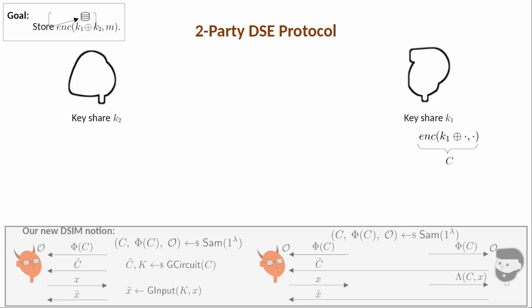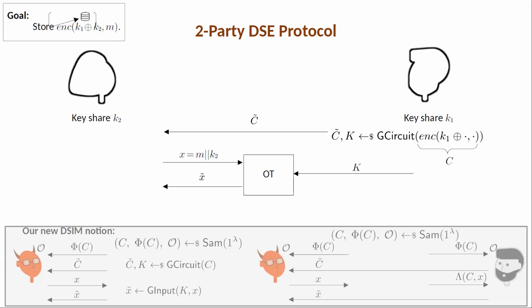Now, this is the circuit, since we're going to use this in the garbling, and this is the circuit that the garbling party garbles. And this has the key share hard-coded into the circuit. It sends it over to the evaluator, and then the evaluator, later in some future online phase, requests all of those missing things it needs in order to compute an encryption.